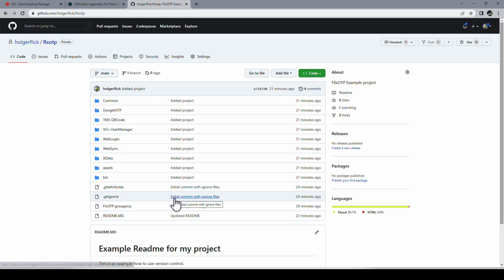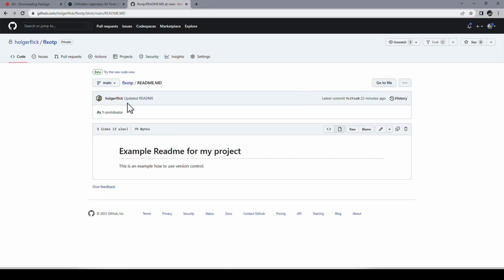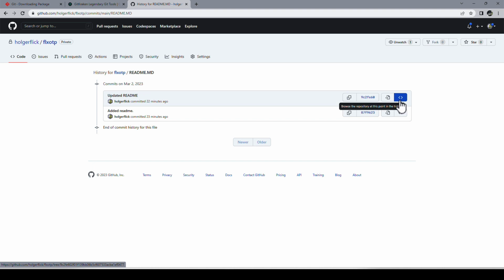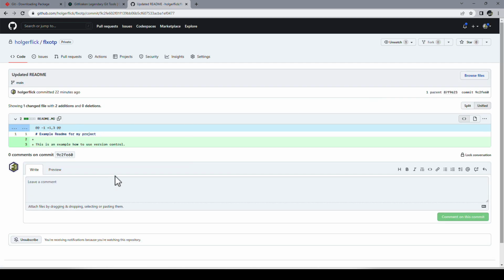Yeah, this was 24 minutes ago. And now online you can browse your repository. For example, you click on README and you get, hey, latest commit is, then you can click on history and there you see all the different changes you made. And then you can also get the diff view at this point, the history, I think. This is commit details. And there you see the changes that you made, kind of like what you get with the GitKraken client. So GitHub is not only a storage container, it also gives you a great user interface to do the same thing.